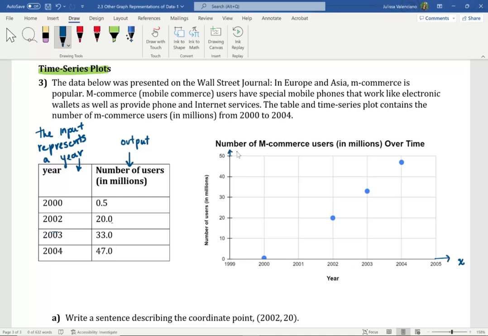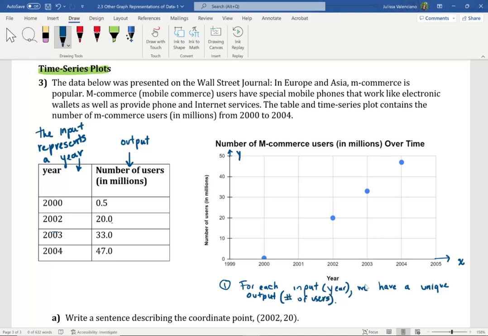The vertical axis, also known as the y-axis, is going to be used for the other variable, in this case, the number of users in millions. Now, let me highlight one of the main differences. For each input, in this case, for each year, we have a unique output, in this case, number of users.